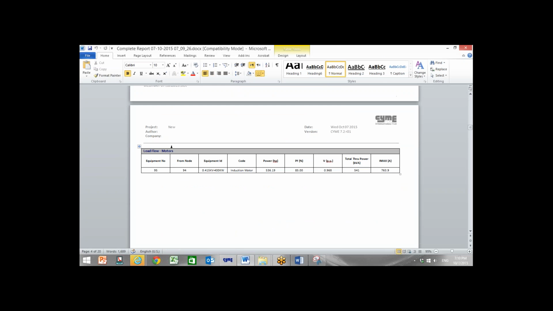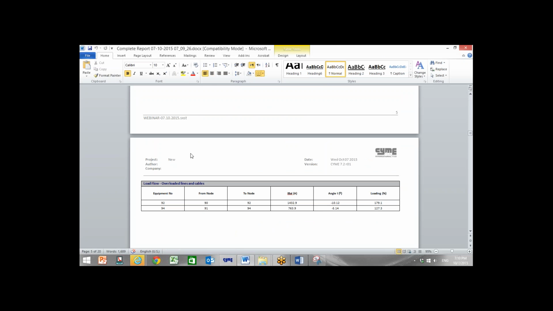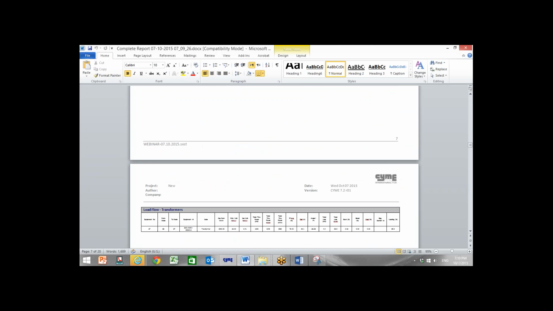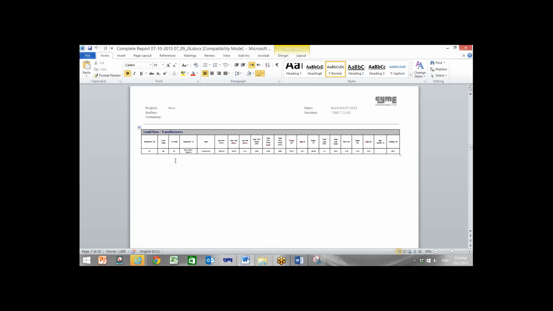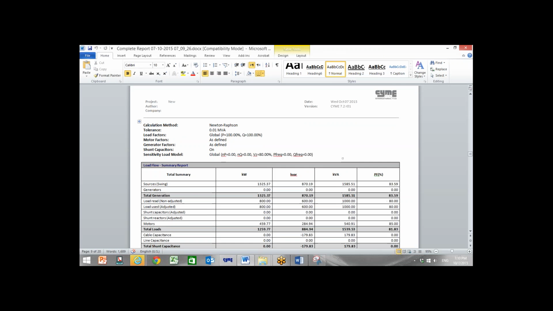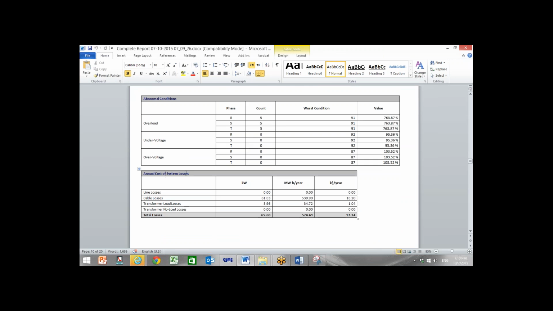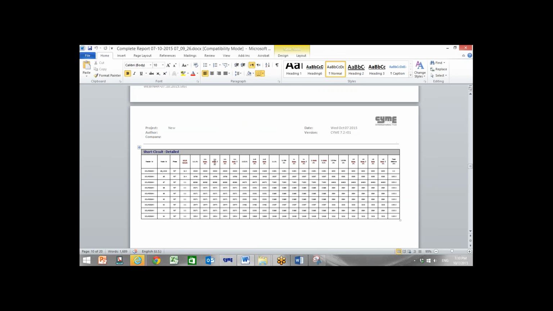underload, line and cables, then you have load flow motors, then you have overload for lines, then you have abnormal condition, then you have data for the transformer, then you have a summary, then you have abnormal condition and the cost for losses, then you have short circuit details for any short circuit value,